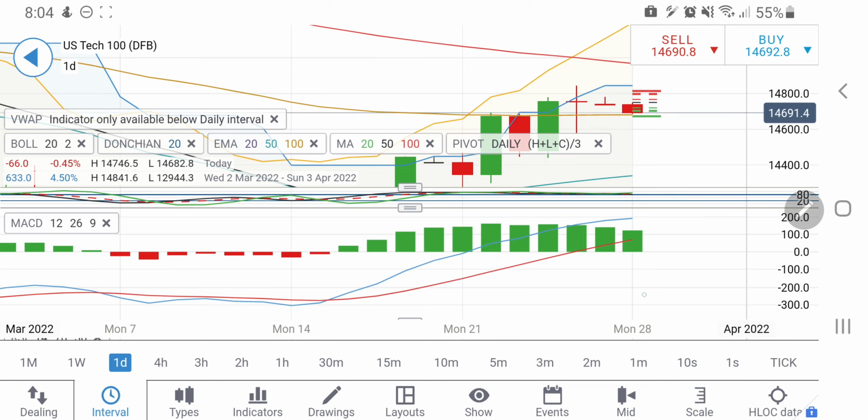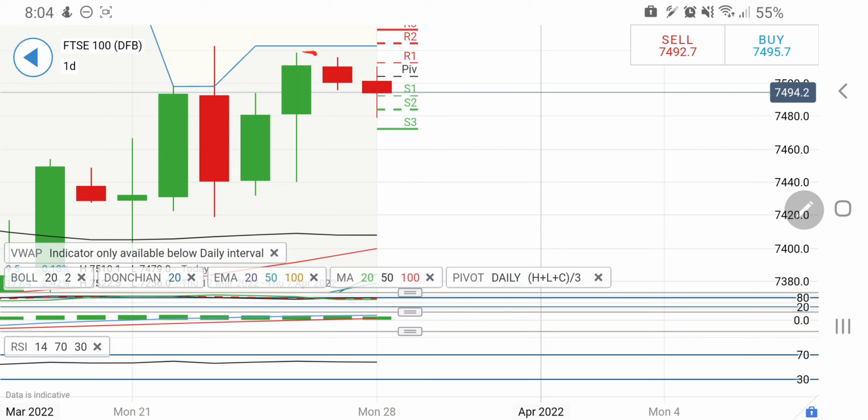Now let's have a look at FTSE 100. FTSE 100 on the daily chart is similarly giving lower highs, and the last three candles are well connected. Any long entry, as I said, is only above 7,520. If it breaks 7,520, one can expect it to drop with the support at 7,520. It is trying to come back. See, here at 7,480, I have always told 7,480 is good support.